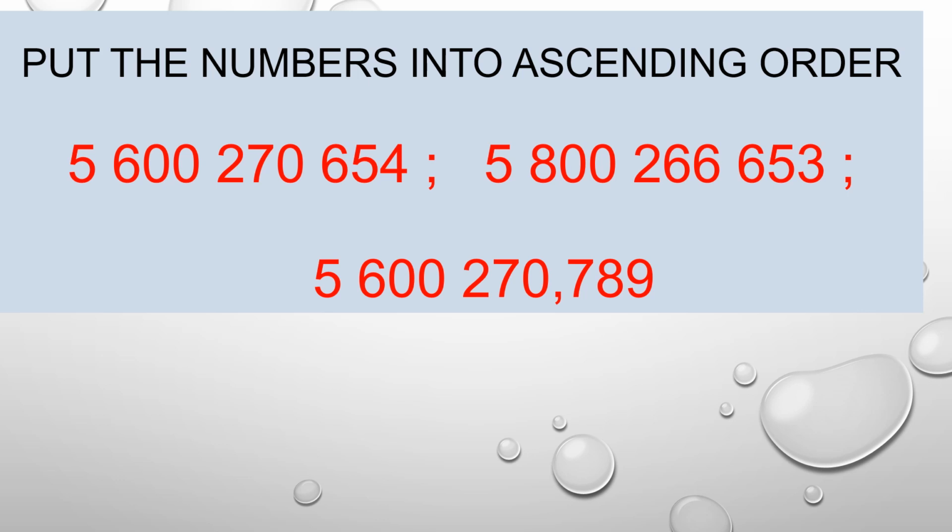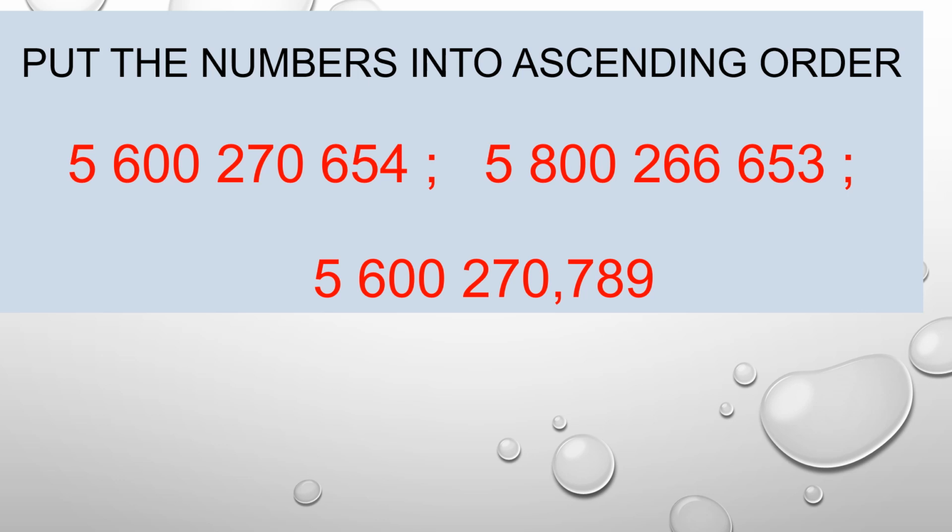So we will look at the second digit now. It is 600 millions, 800 millions, again 600 millions. So the smaller is 600 millions and there are two with 600 millions. So let's decide between the first and the third number which is the smallest. You can see that 600 million 270,000, 600 million 270,000 is common in both the first and third number. So you must go to the hundreds column now.